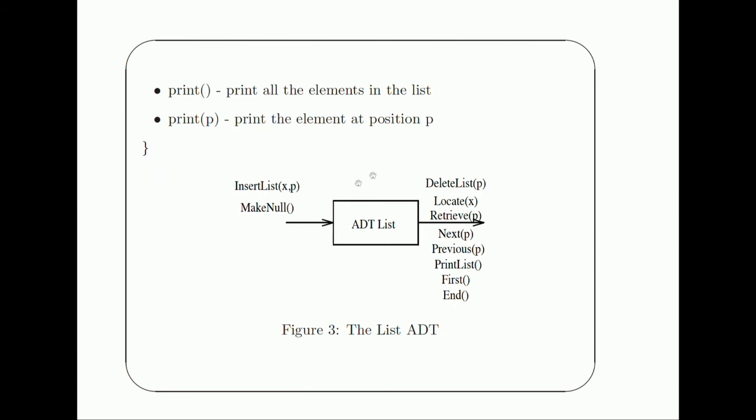So, if you look at this here, I have drawn this pictorially. This is an ADT list. What are we doing? Things that go into the list: it creates an empty list, and elements are inserted into the list. Here we remove elements from the list and delete. In locate, we find where a particular element x is present, and retrieve the element at a particular position P, and so on. So, this is how you represent the list ADT. There is some internal representation, we are not talking about what it is. You can either create an empty list or insert an element into this. These are the operations which become visible to the outside world.